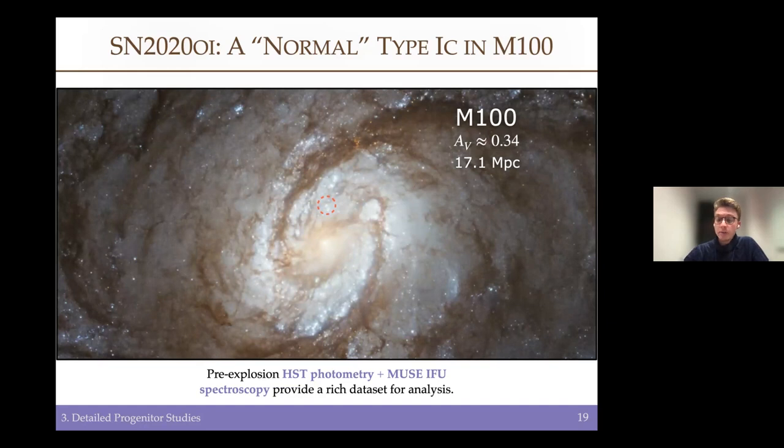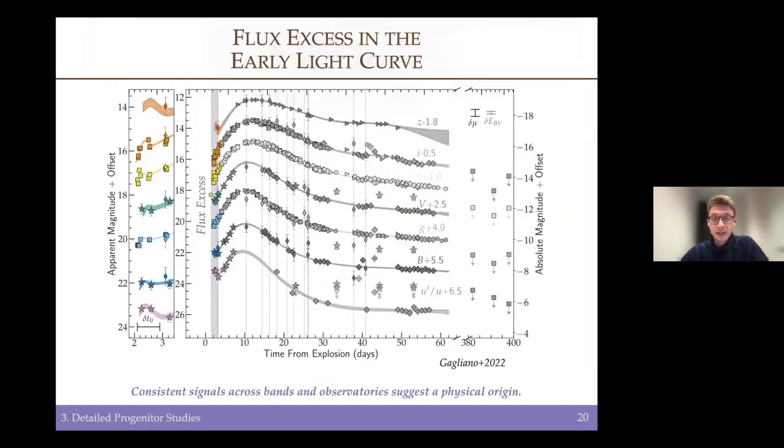And it turns out the early follow-up of 2020 OI yielded some interesting results as well. So we triggered it early, we followed it up with an external program, and we found a tiny little bump, an excess of flux, in excess of what you would expect given a traditional fireball rise model for 2020 OI. And it's a very subtle bump, but we have reproduced the data many times and convinced ourselves that it's real. There is a consistent excess across multiple bands and spanning multiple observatories. And this suggests that the origin of this bump is physical, but it is a very subtle one.